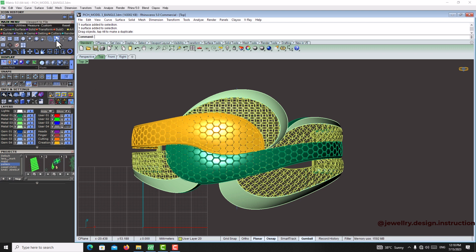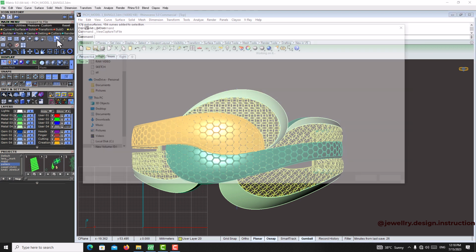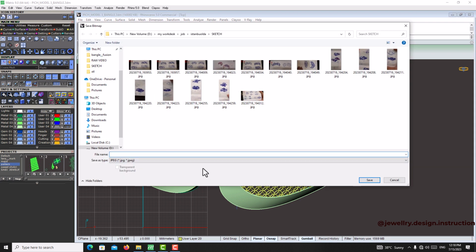For example, I have this object. Yeah, I designed this object and I need a picture from it. You go to the view and click on view profile, and this